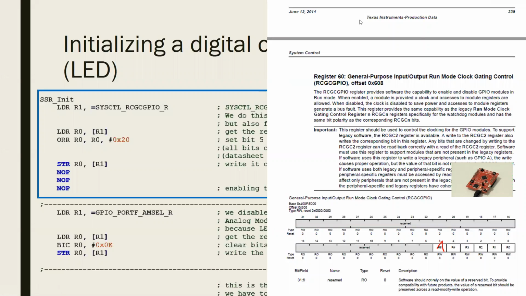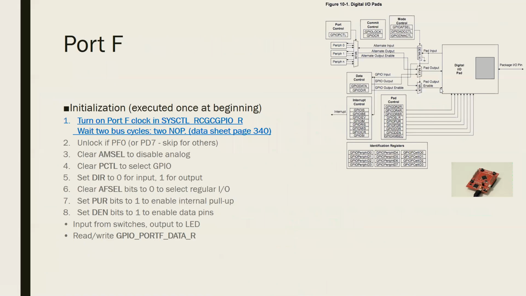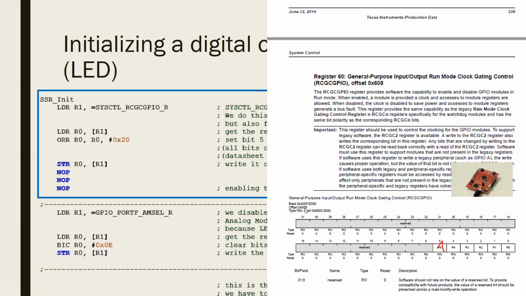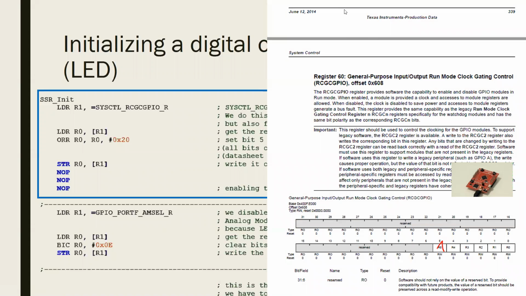Okay, so let's make it clear here as well. So guys, this was the address. If you sum these numbers up, you remember this. This is another register, but this is the control register. So GPIO is this value, right? As you can see, if you look at the data sheet, it is the summation of this and this, 40 million FE 608. So guys, if you say 40 million FE 608, it means that